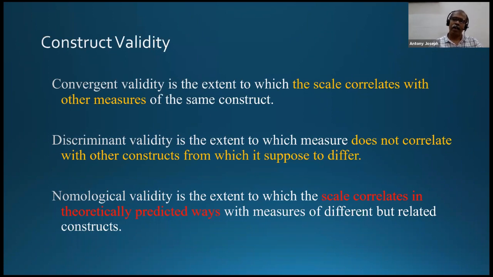I have a scale for the measurement of mass banking, and I have the scale for the measurement of customer relationship management orientation. For that, I have 5 different scales. Theoretically, you should know exactly what is the relationship between these two, that is, customer relationship banking and mass banking. What is the difference between these two?